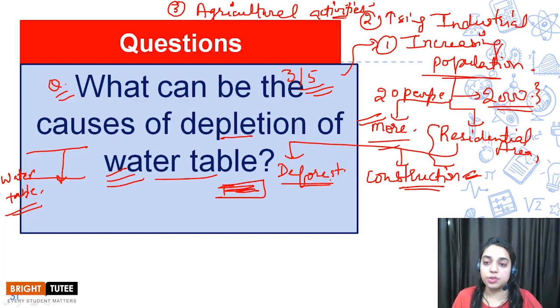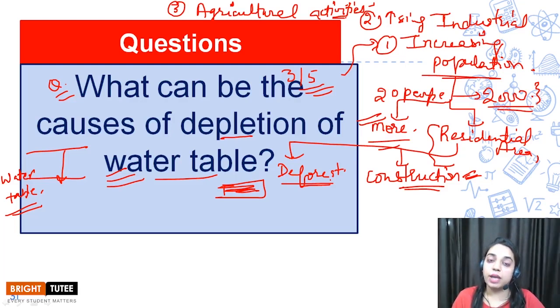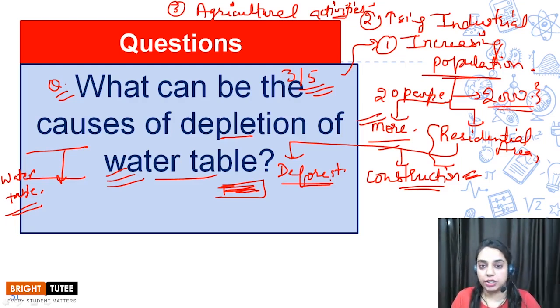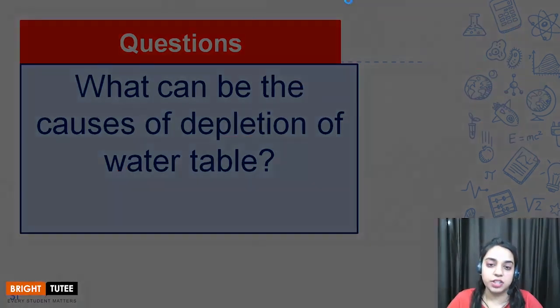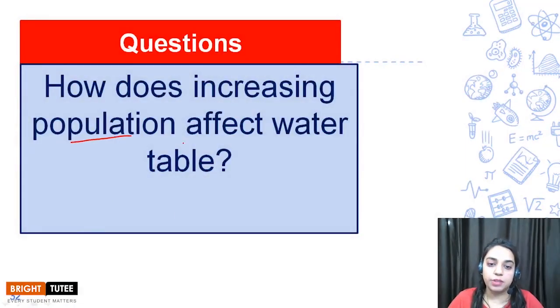Okay, so children, in increasing population we discussed that with increase in population we will be requiring more water for day to day activities, then we will be requiring more construction of residential areas, right? And because of which we will be replacing the open ground with concrete floor, which will not allow the rainwater to replenish the groundwater. Okay, then with increasing industrial areas, again we have discussed it in detail, and then the third point will be agricultural activities, right? So let's move to the next question, which is how does increasing population affect the water